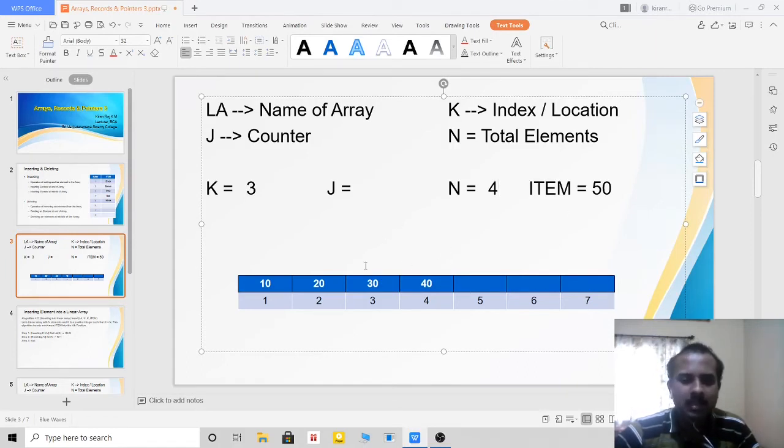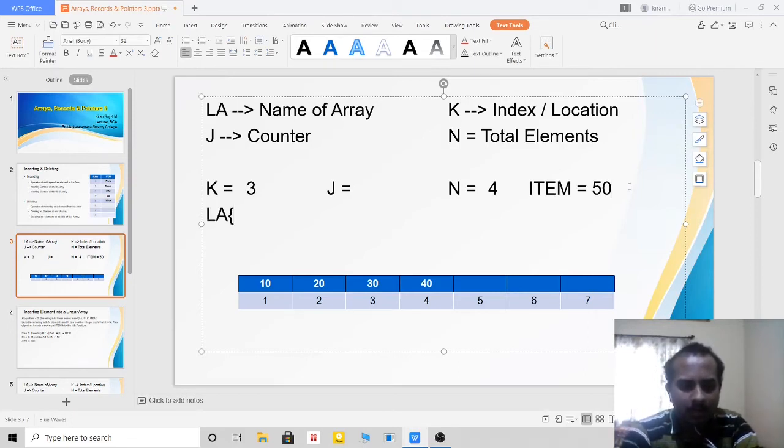Then I can insert the 50 to the 3rd position. I am using the j as the counter to keep track of k here. So let me move 40 to the 5th position and the 30 to the 4th position.